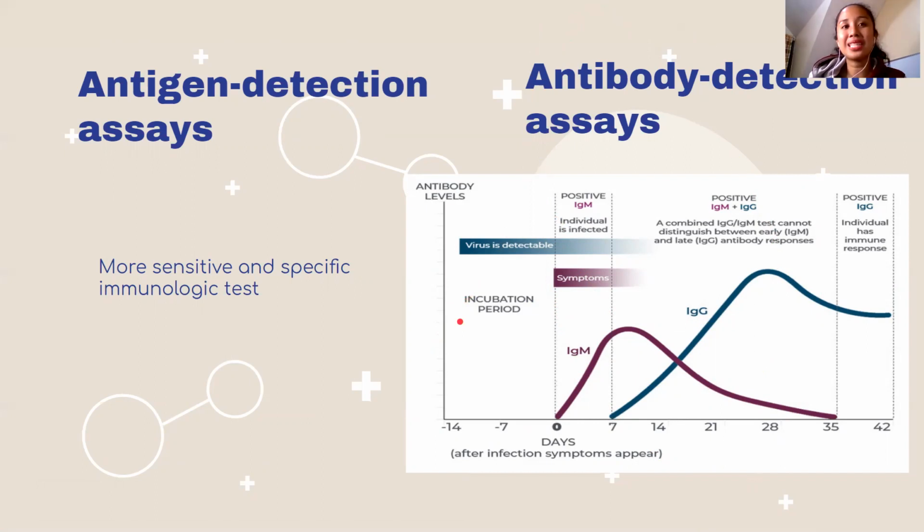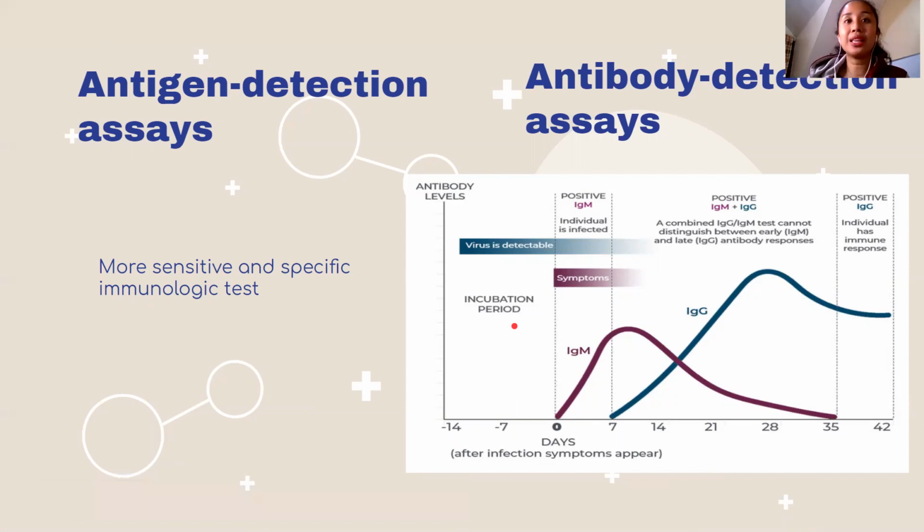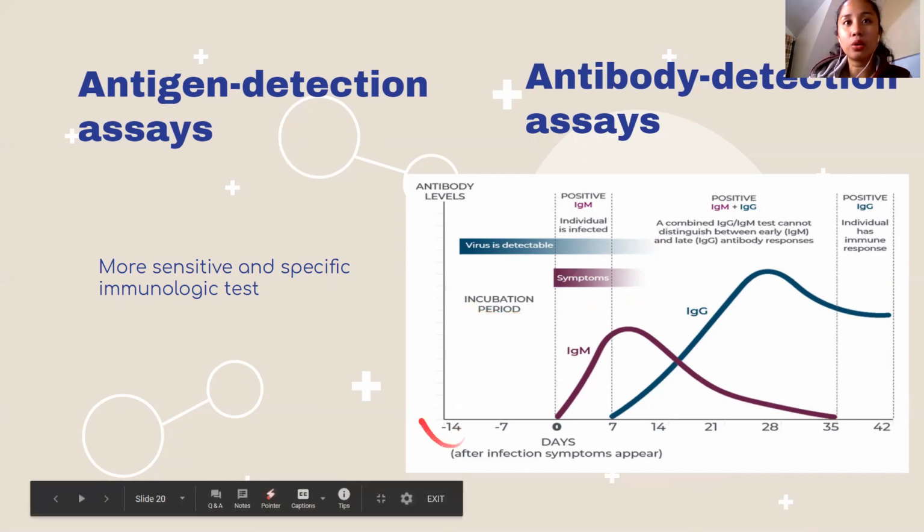So class, amoebiasis and COVID-19, their average incubation period is 14 days. When we say incubation period, it is the time that the parasite or the virus entered the body up to the time that the symptoms are manifested. So, usually, class,